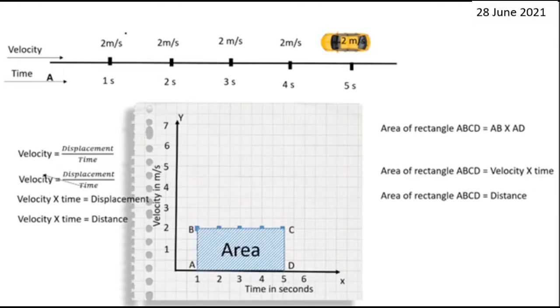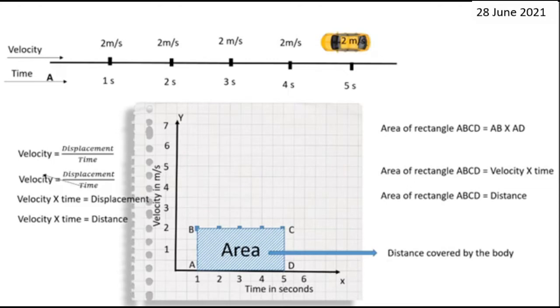Since it's a uniform velocity, the same velocity is maintained, that's why we are getting a rectangle, but it can be of any shape, right? And therefore if you find the area here in this situation, we are going to get the answer, distance covered